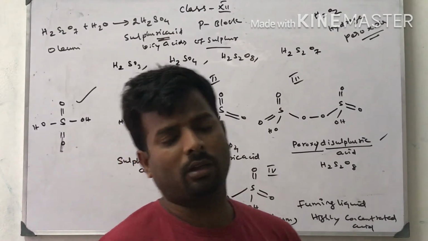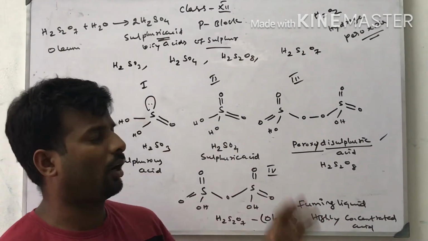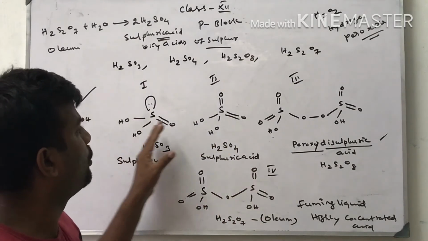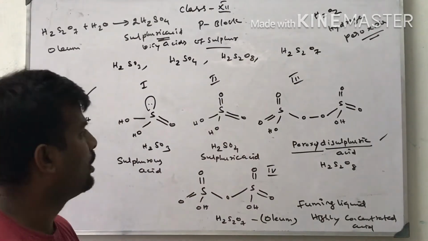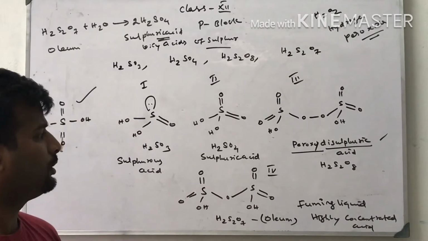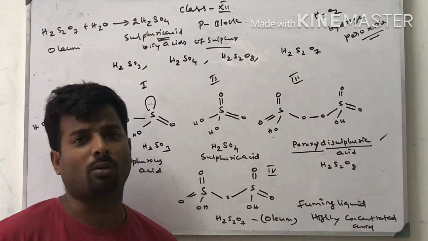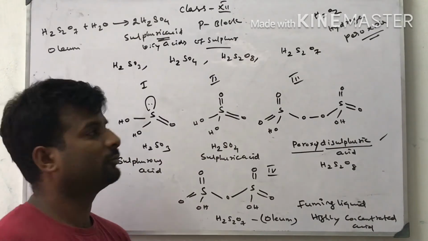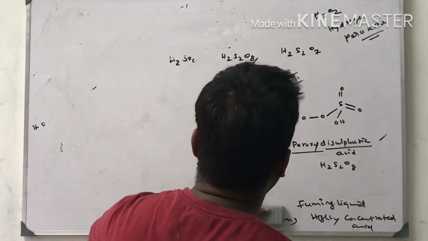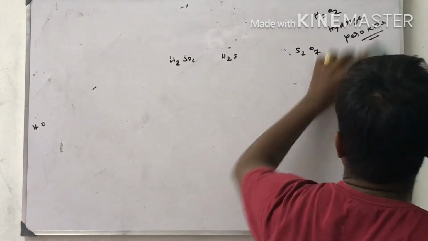This is the part we discussed about the oxyacids of sulfur. In your textbook, these 4 structures are given. Draw the structures properly, practice yourself. Next, we are going to discuss the group 17 elements. These are the things present in the group 16 elements.